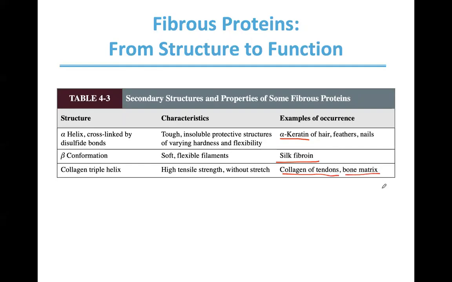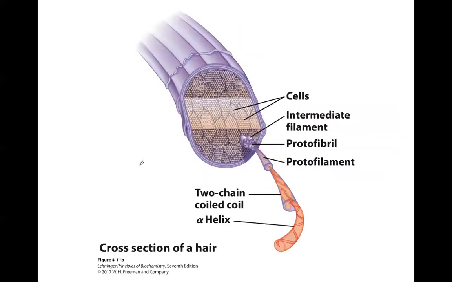All right. So we'll look at three types of, now these are, even though these are tertiary structures, because they are present throughout the entire protein, we can also refer to them as secondary structures. So here, secondary and tertiary structures are basically the same thing. All right, so this is a hair. Now, so keratin